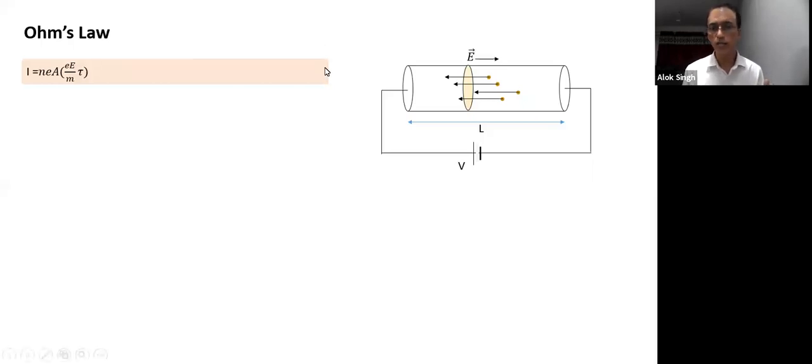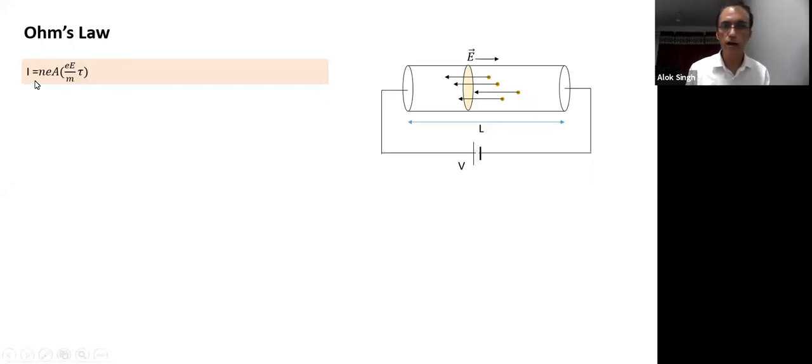Since Ohm's law involves voltage, here also I should have a battery, a potential difference. Earlier I had indicated the field. Now I have added a battery here. The battery is connected across the two ends of a conductor. The potential of the battery is V and the length of the conductor is L. By now all of you understand that if the cross-section area is uniform, E into L will be equal to V, or the potential gradient is equal to the field. So let's come back to the expression.